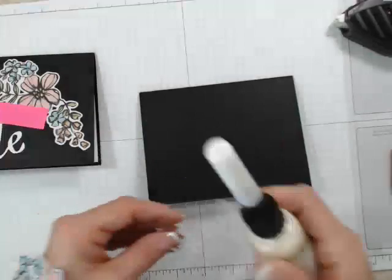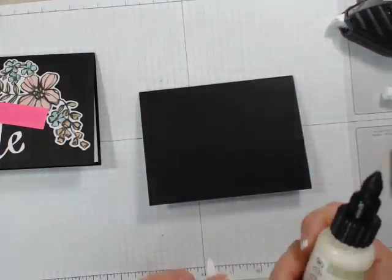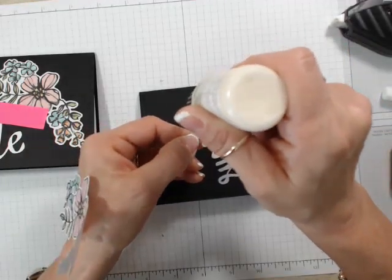And we're going to put the glue. While I do the glue here,